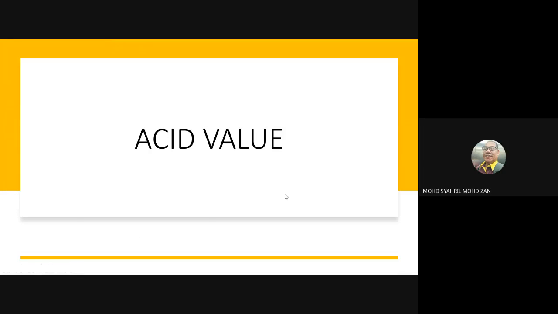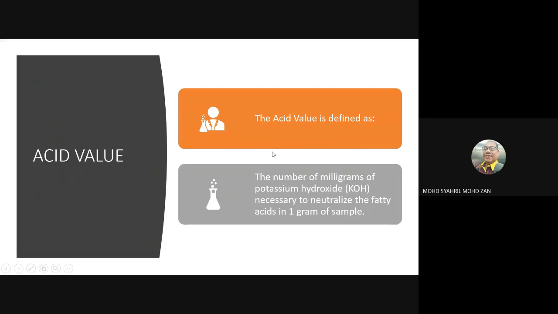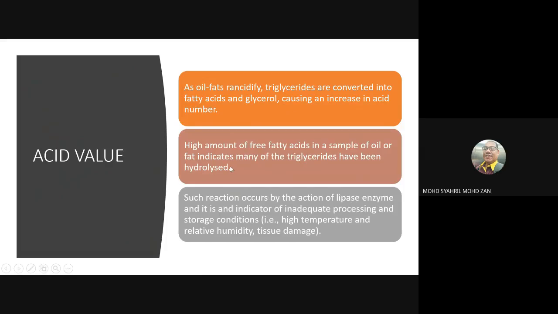Okay, number two is acid value. So define the word acid value: the number of milligrams of potassium hydroxide necessary to neutralize the fatty acid in 1 gram of sample. Right? So as all fats rancidify ataupun rancidity ataupun tengik bahasa Melayu, okay, kenapa berlaku? Why does it happen? Because all triglycerides of fat are converted into fatty acid and glycerol, causing an increase in the acid number. Okay, keadaan bau tengik ataupun tengik acidity tu disebabkan kerana kehadiran banyak asid di dalam kita punya